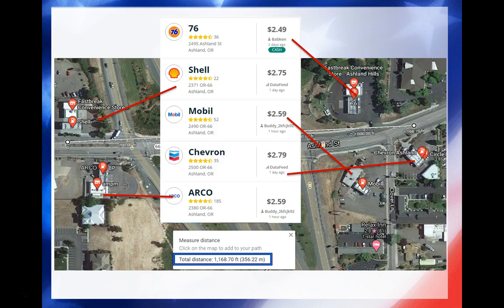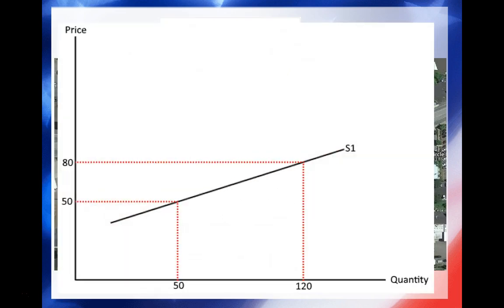The Arco in Ashland usually sells at 5 to 7 cents lower than everybody else, but the others still sell gas, mostly because Arco doesn't take credit cards. The demand curve is inelastic because lower prices do not lead to that much greater demand of Arco gas. Now, if Arco dramatically lowers their price, the others are going to have to follow suit. If Arco charges $2.25 and everybody else stays at $2.75, everybody else is going to suffer. But if Arco changes to $2.75 and everybody else is back at $2.80, things will go back to normal.